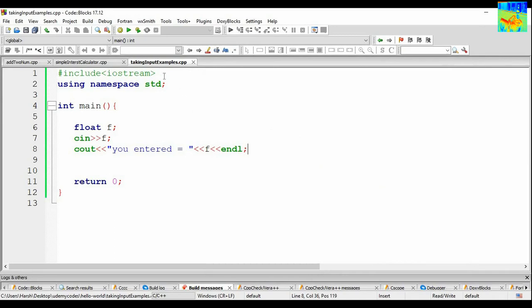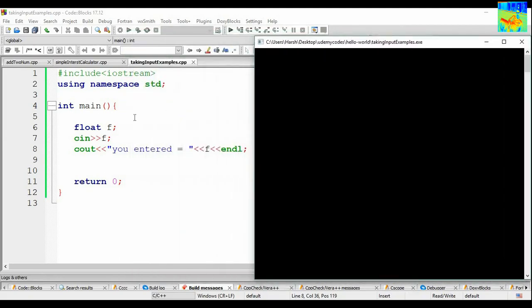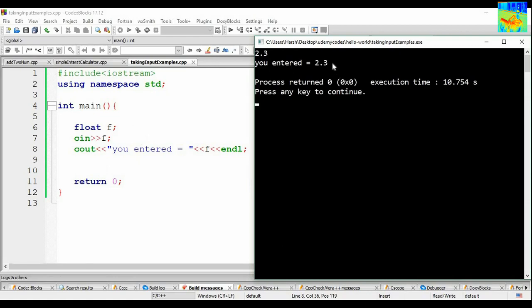Okay, so let us run our program. My program is running and it reached line number 7 and is waiting for me to give input. Let's say 2.3. Press enter. So you entered 2.3. So the value of variable f is 2.3.